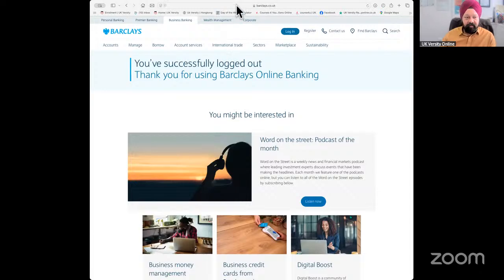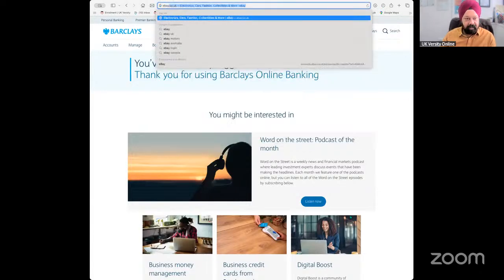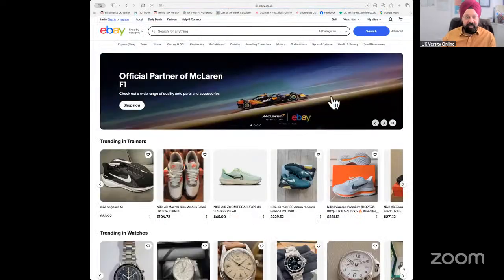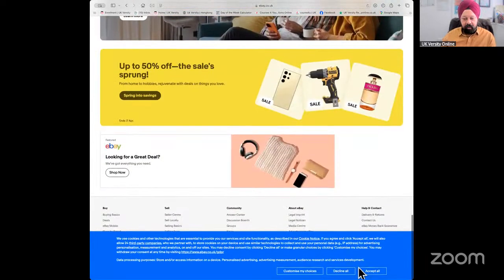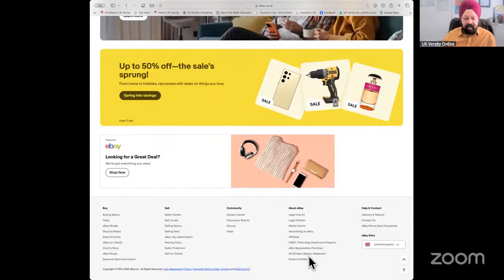Now, if I look at, say, for example, any other website like eBay, you'd also see that the websites would typically put things like, one, they ask you to accept a cookie, but apart from that, what they are also going to put in terms of the details on the website are in terms of how the website is constructed, why the website has this protection, why the website has that protection. And that would give you confidence again to say that if I go and buy things online on this particular site, my card details and my personal details are going